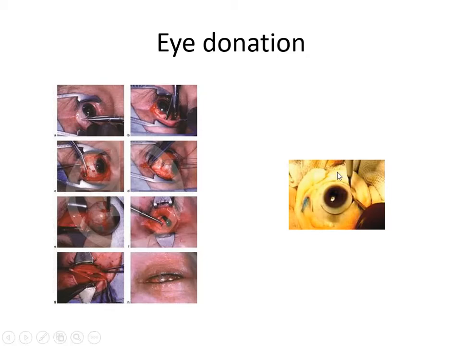The other method is you just remove the corneoscleral button as it is being done here. You cut 1 millimeter of the sclera all around and then you cut the sclera with the cornea, and this whole button you will remove and place it in MK media. Store it in MK media and seal it, and then bring it to the hospital. If you store the corneoscleral button in MK media, you can use it up to 7 days. Up to 7 days, you can store it in your hospital, look for the patient or wait for the patient. And if the patient comes, then you use that button.